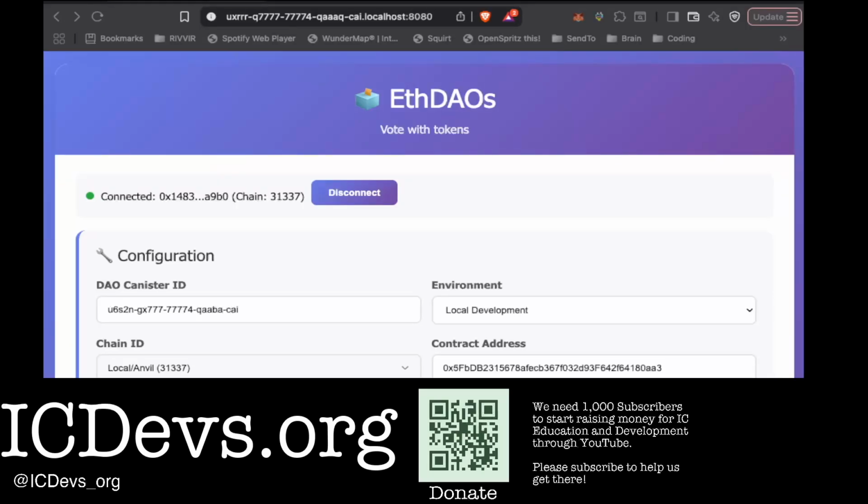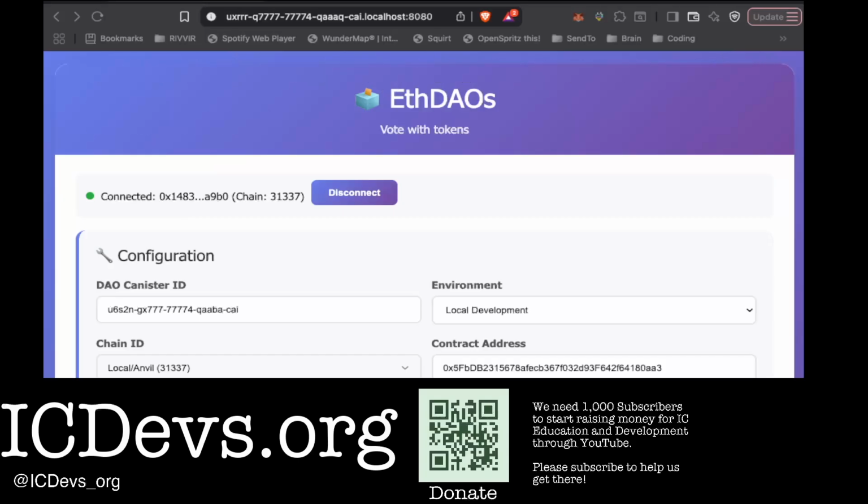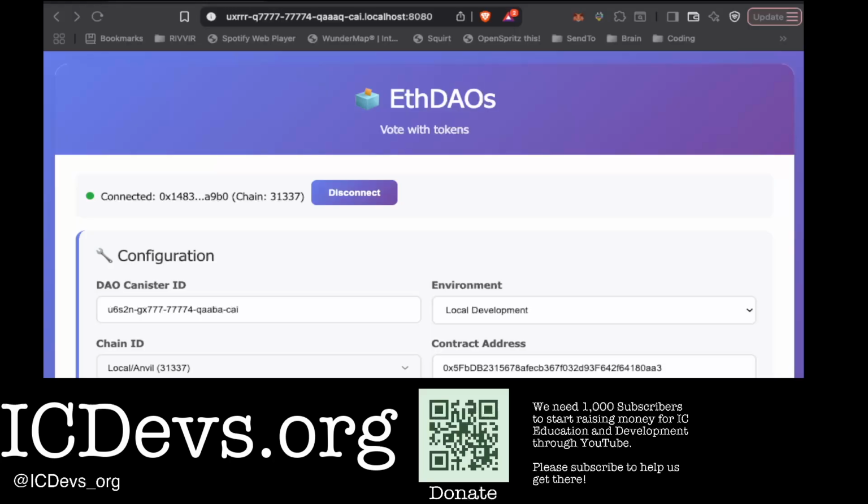Hello, we're going to give you a quick demo of the final phase of our AstroFlora initial grant for productization. This is the first canister that we built to be used directly with AstroFlora. It's called EthDAOs, and it lets you vote with Ethereum EVM-based tokens without having to have any sort of Internet Computer account. It runs on the Internet Computer and